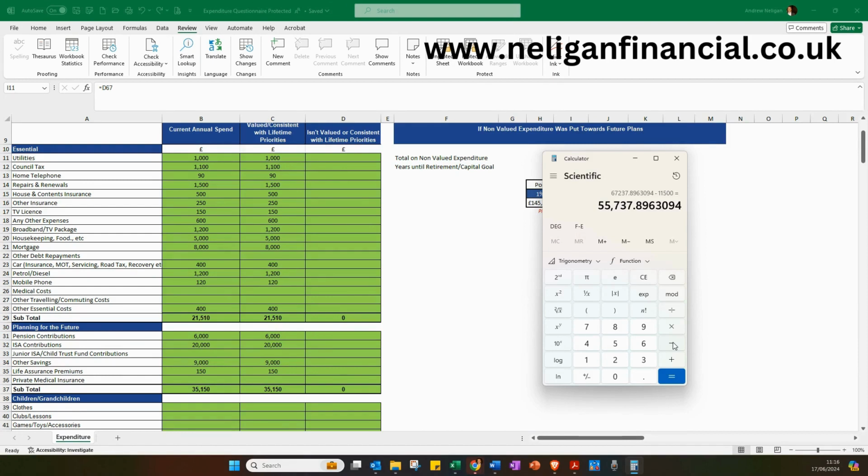There's a rule of thumb guide that we use in financial planning and retirement planning called the 4% rule. It's not perfect, but it's a rule of thumb to help you work out what a sustainable withdrawal rate is, primarily from your pension, but other sources, to make sure that whatever happens in the investment markets, assuming you keep your pension fund invested, it will provide you with that sustainable income for the rest of your life.